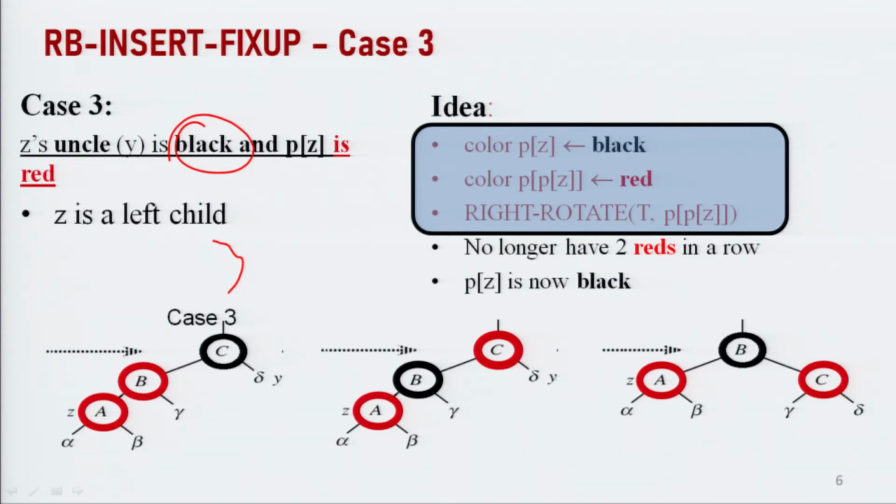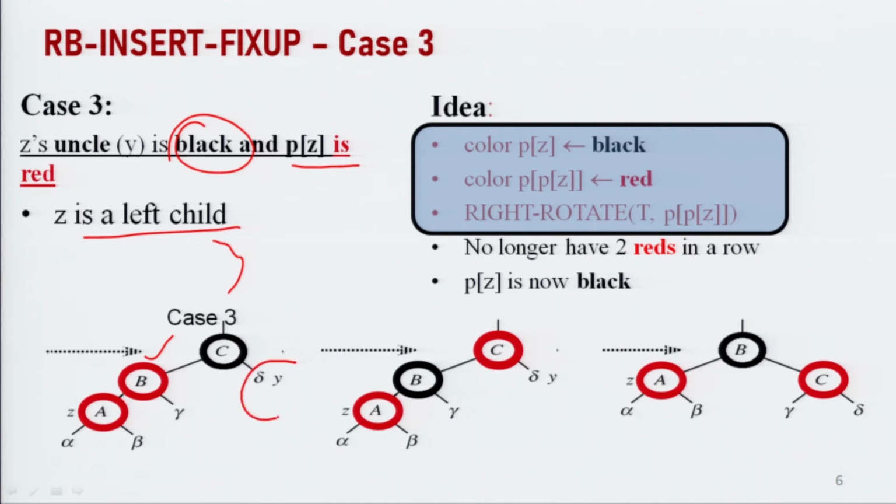And next, parent of Z is red. This is a mandatory condition; in every case, the parent of Z must be red. Okay, now first, Z is a left child. Just see here in this diagram, its parent is red and Z is a left child of its parent, and